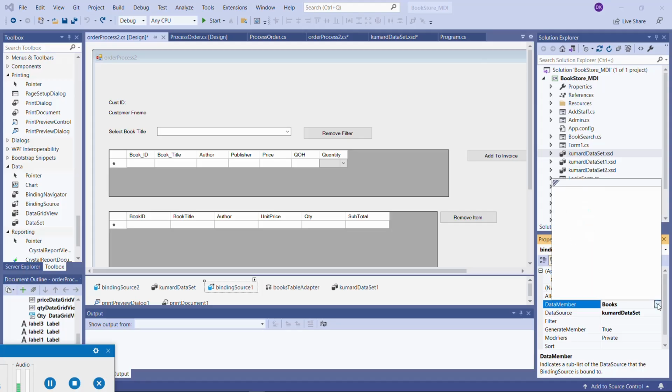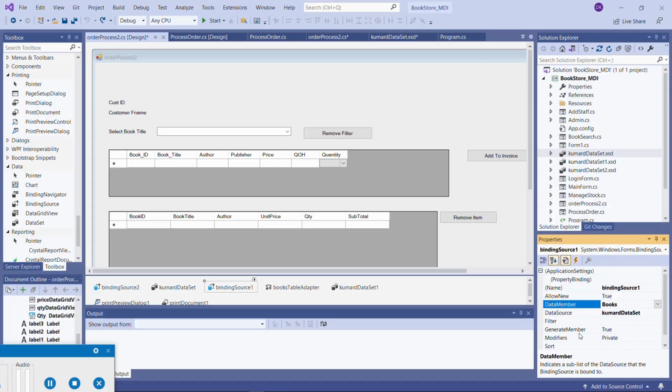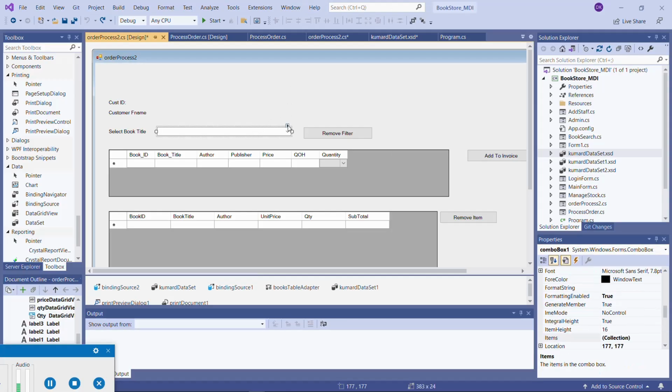So we have bound this with books, as you can see here. So once we have done that, we can use this binding source to fetch data into any control, and here